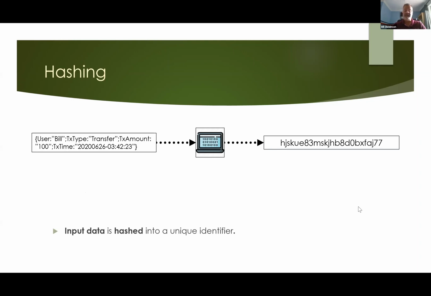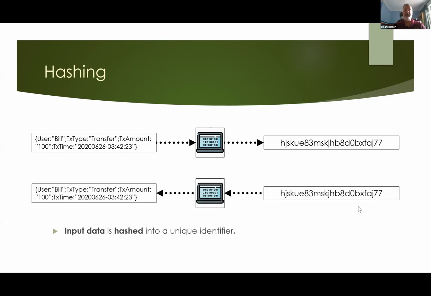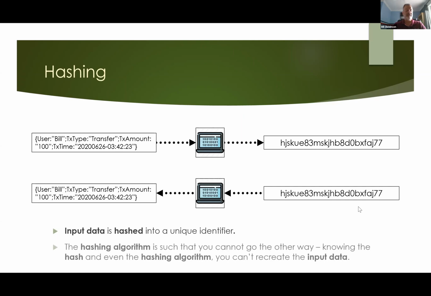It's easy enough to take some type of input data, run it through your hash algorithm, turn it into a hash. But to go the other way is very hard. The hashing algorithm is such that it's a one-way trip. So really, even if you have the hash identity, the identifier, there's really not any way to get back to the data that hash identifier is pointing at.